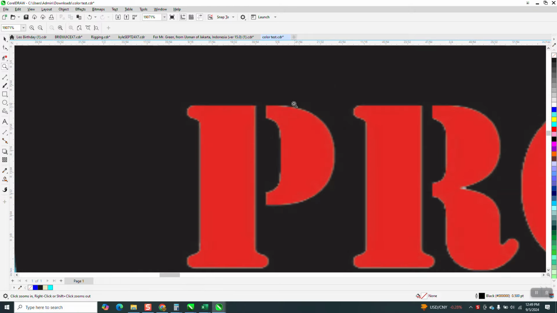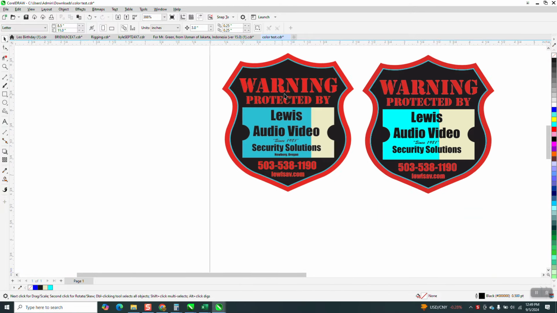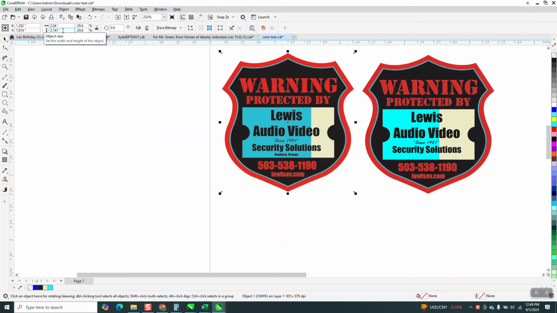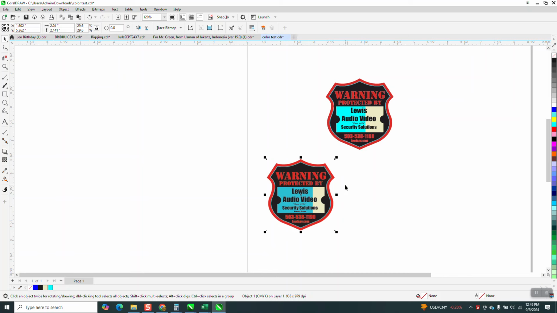You can see how fuzzy it is. I was really concerned about it, so for the one I'm doing it for, I've reduced it in size to help Corel basically, and you can see it's got a bounding box around it. You can make it back to the original size later. The reason I made it small is because I'm going to trace it with a bitmap trace, outline trace,